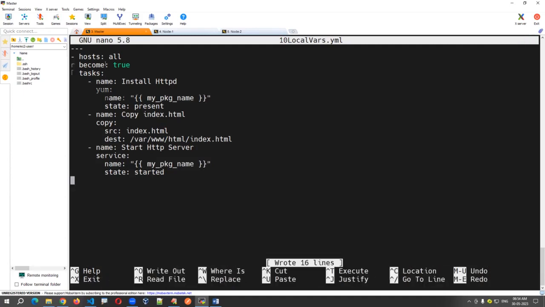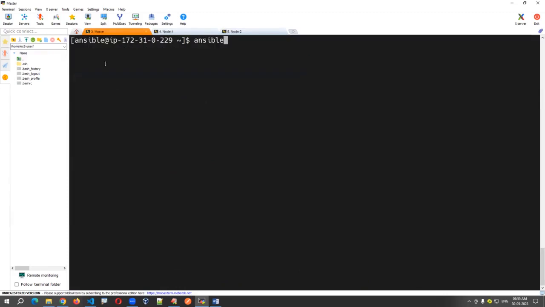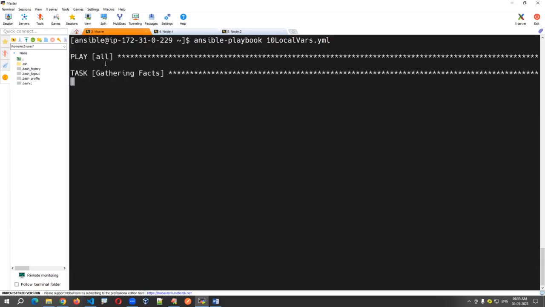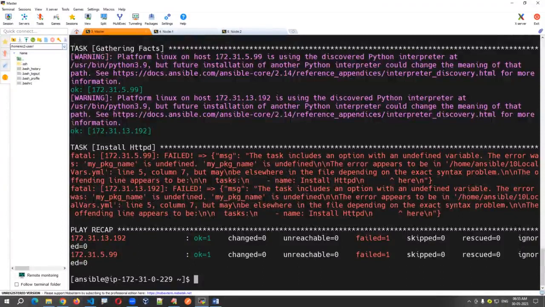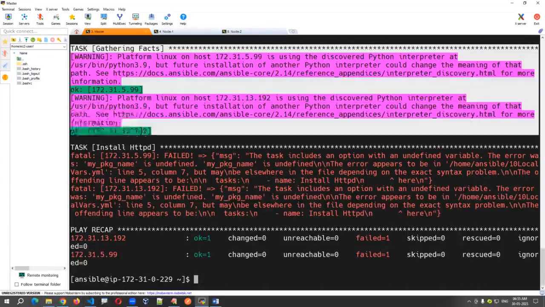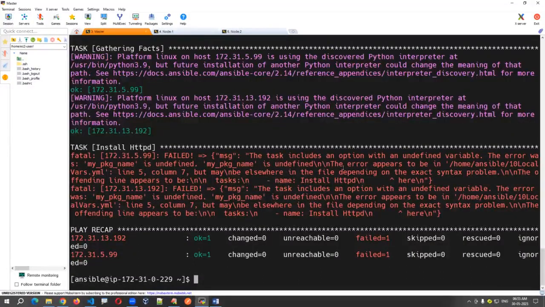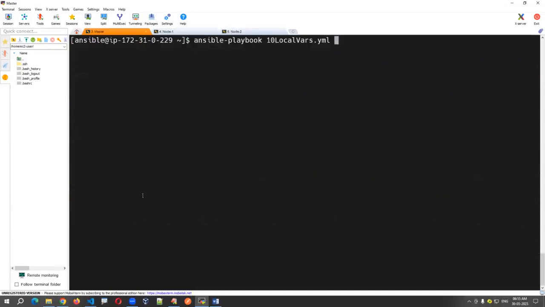Control O and Control X. Now I'm writing ansible-playbook 10 local vars.yml and pressing enter. Okay, it is going to show some error. Hey, I'm able to connect to machines, but I'm unable to install HTTPD. Okay, because you mentioned something, my package name is actually undefined. What is this my package name? It's a variable. Okay, then you have to pass it, whether you keep it in the document or else you pass